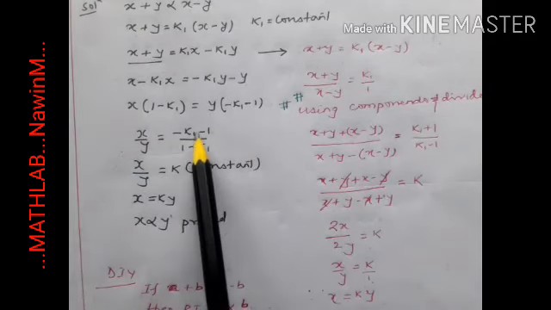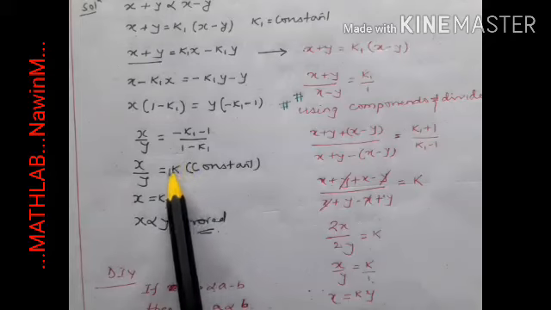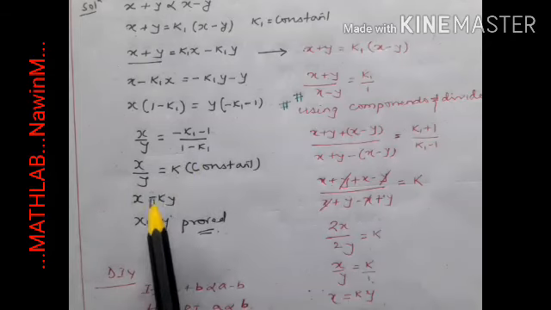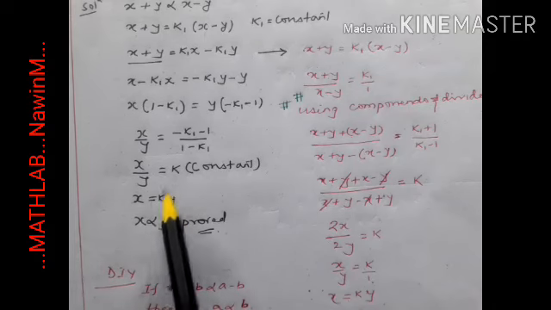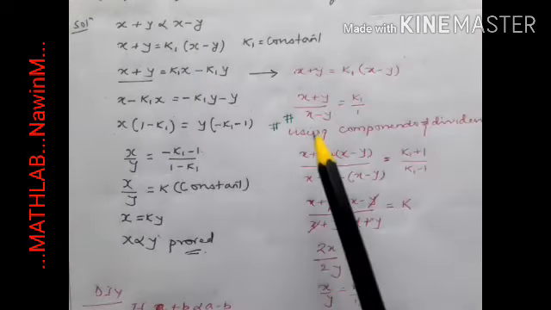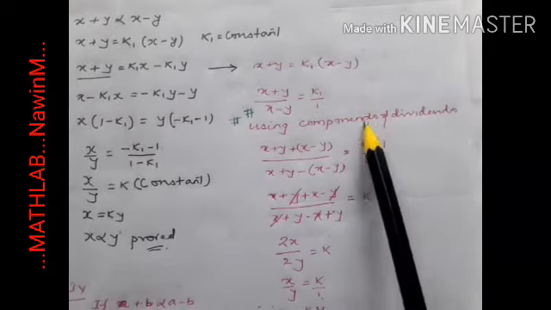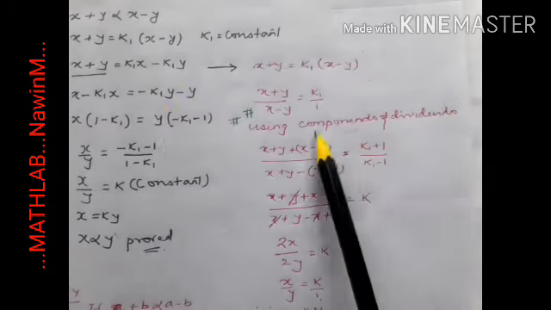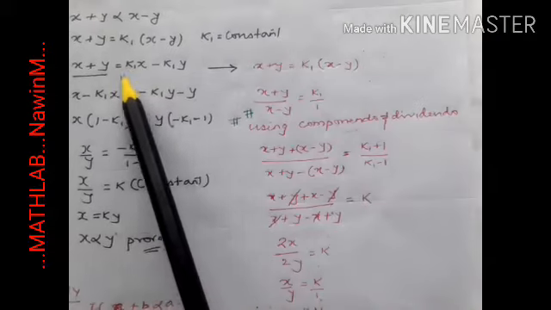Then this is a constant gives us a single constant. Then you cross multiply, you get x is equal to ky by ky. Then if you remove this constant from is equal to, then this is equal to will be converted into variation. So this you can write. Similarly you can prove this problem using componendo and dividendo from the proportion, which I will teach you later on. So how we do it from this step,